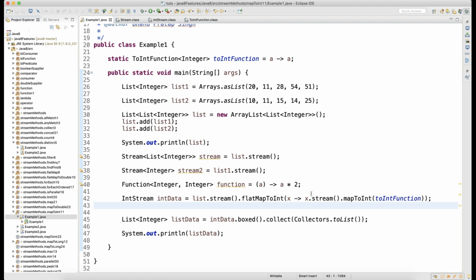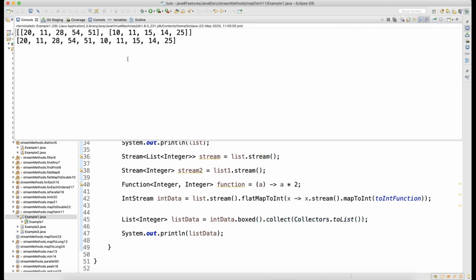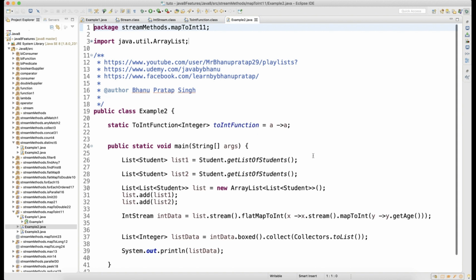Concepts are clear. Now when I do toList, this will give me a fresh list, and now if I run this, you can see that whatever you had in this list got mapped to the flatMap. Okay, this is the flatMap of type Integer. So this is like a flat list. The two lists got merged into a single list and you have a flat list now, right? We'll see that in the second example, hoping that the concept is clear.